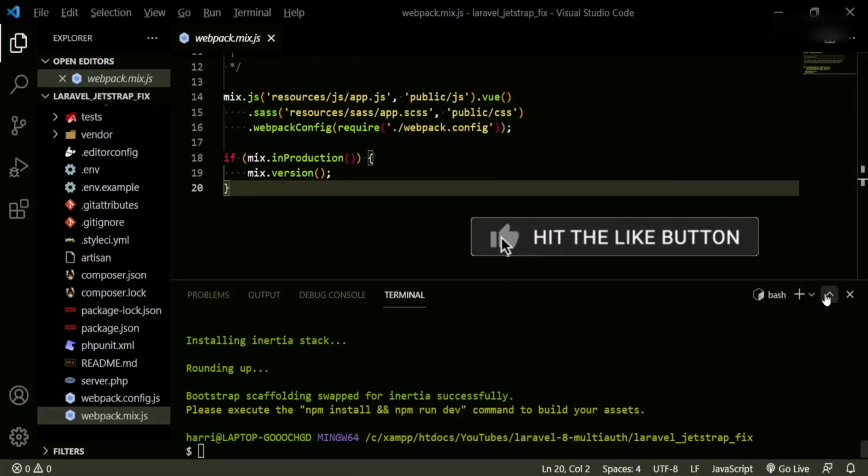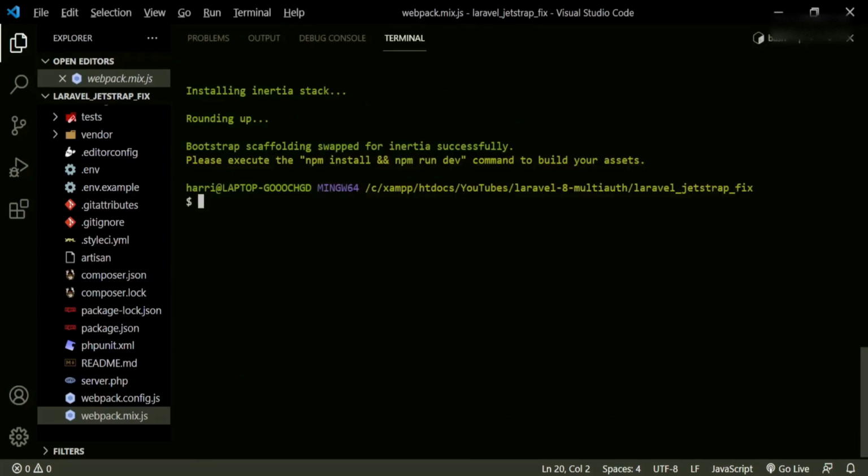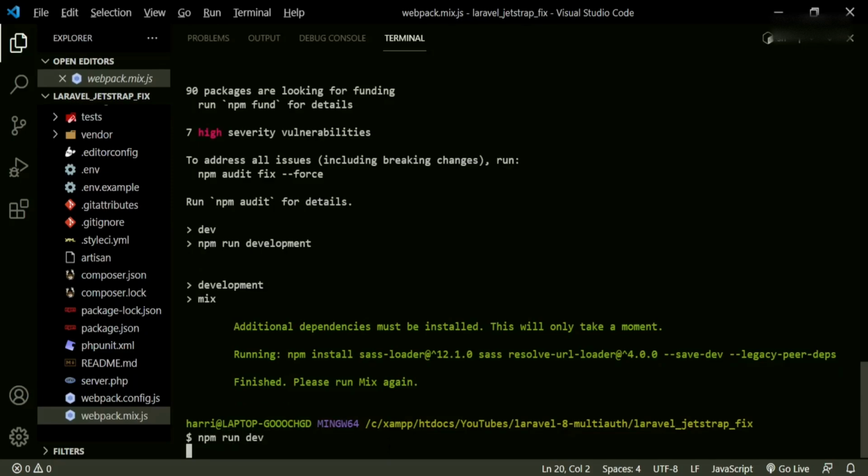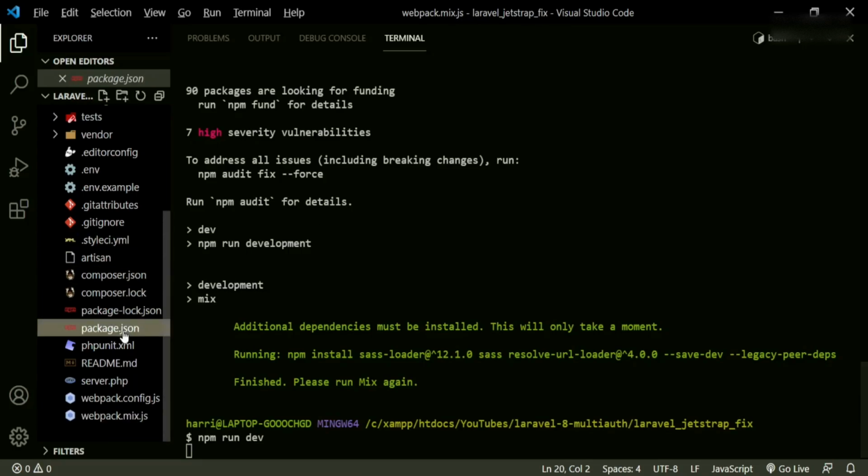So now let me open this up a bit more, and we're going to do npm install and npm run dev. Okay, now that it's done, it says to run npm again. So we want to make sure that we have a complete install, npm run dev. We want to make sure that we have a complete install of everything that comes with the Bootstrap package initially, because what's going to happen is in our package.json,